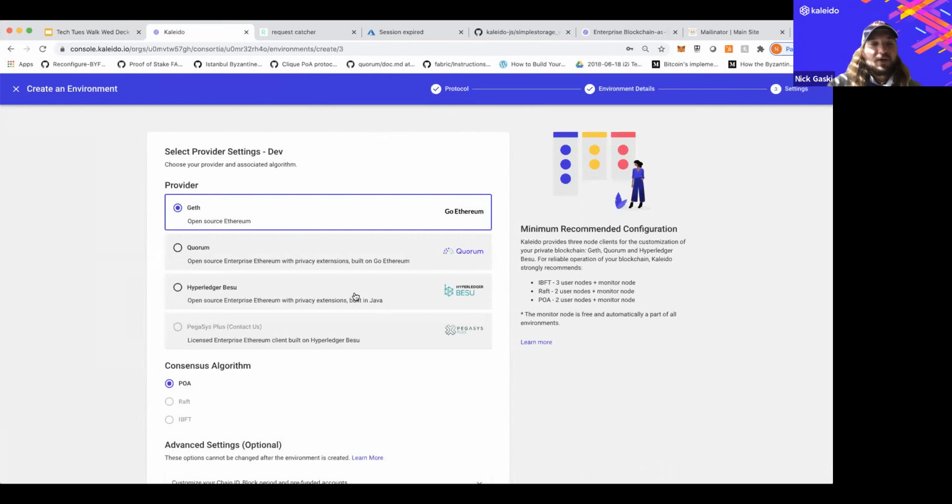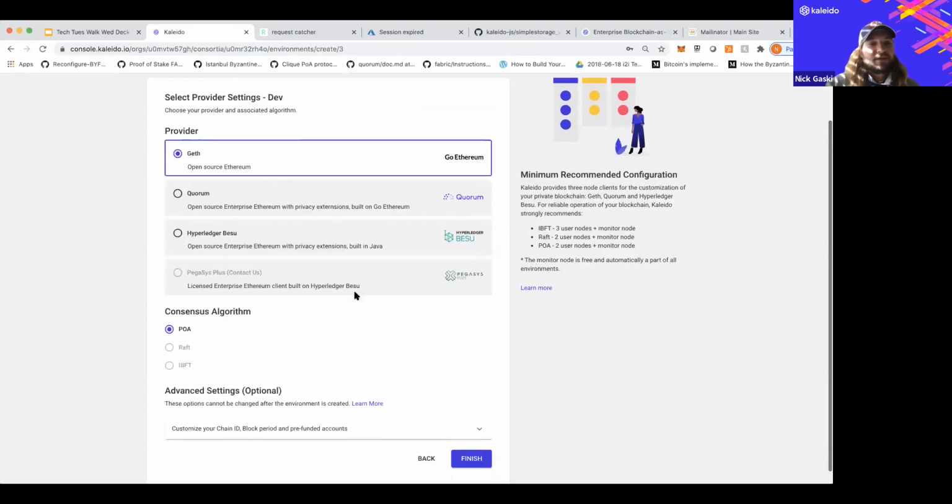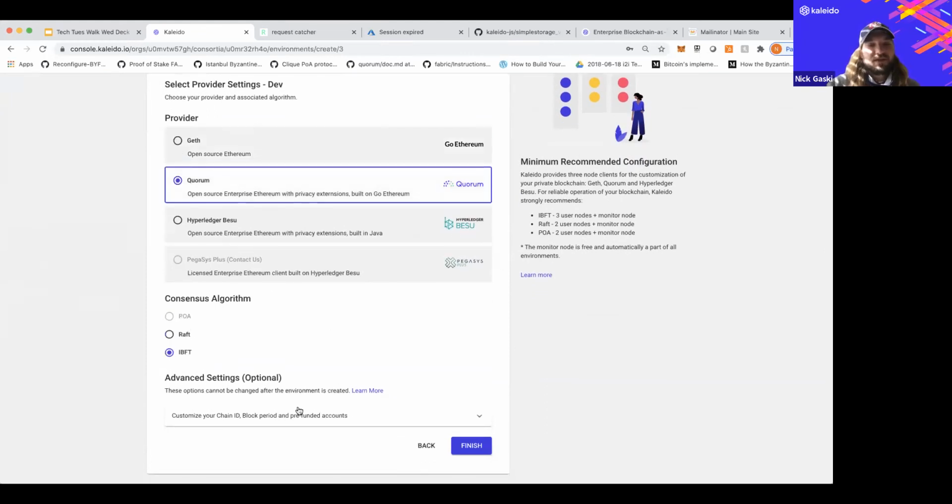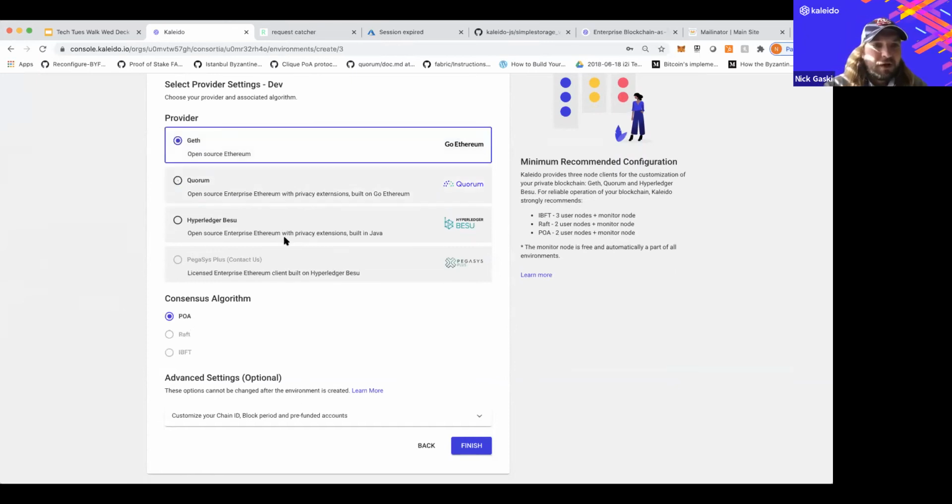So click next. We see all the different clients and all the different algorithms. Don't have time to dig deeply into those today, but just giving you an idea that we're giving you best of breed open source clients, best of breed algorithms, and then even the ability to customize some of these settings. So if you want to run Istanbul BFT, you can even set your chain ID, or you can move the block interval up or down to certain increments right there. I'll go with Geth and POA just because it's the easiest here.